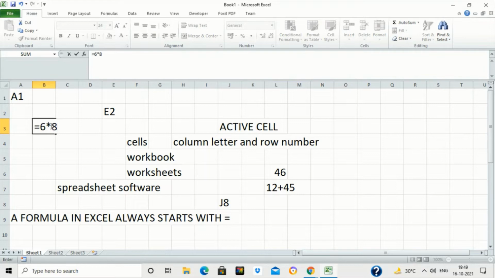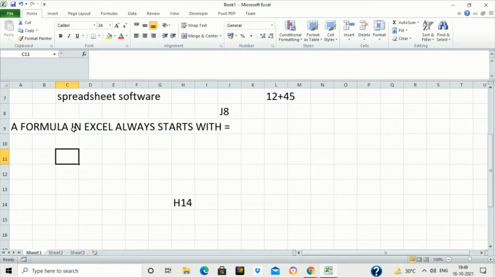This is the sign for multiplication, which is above 8. Press enter and it will give the result. Similarly, to divide, write equal to 60 slash 5, enter. So we can perform any kind of simple calculation by using various mathematical operators. Do you know what the various mathematical operators are?